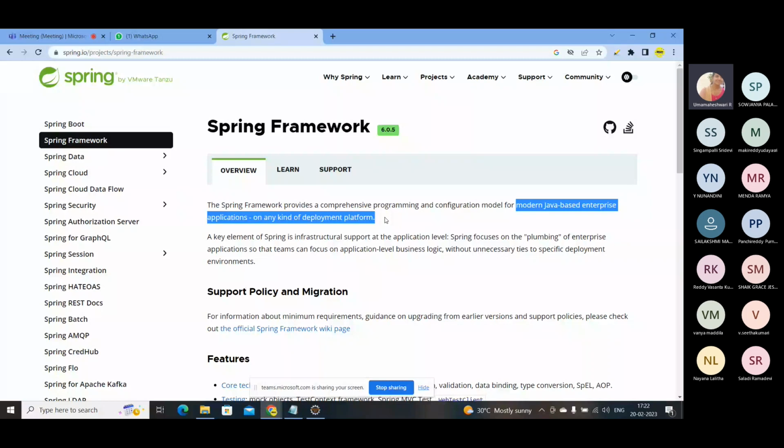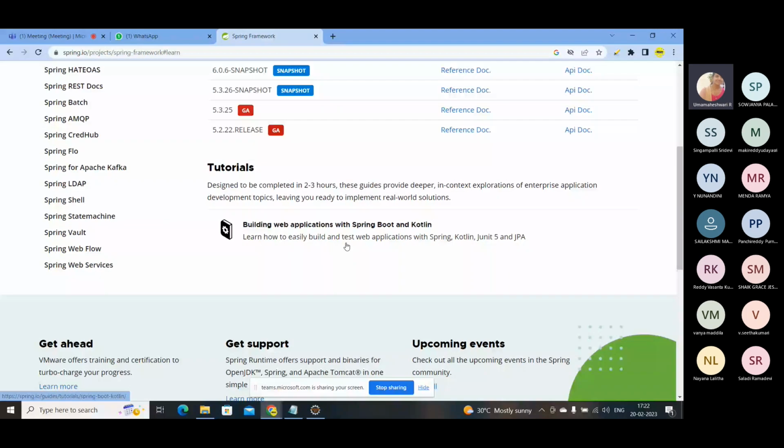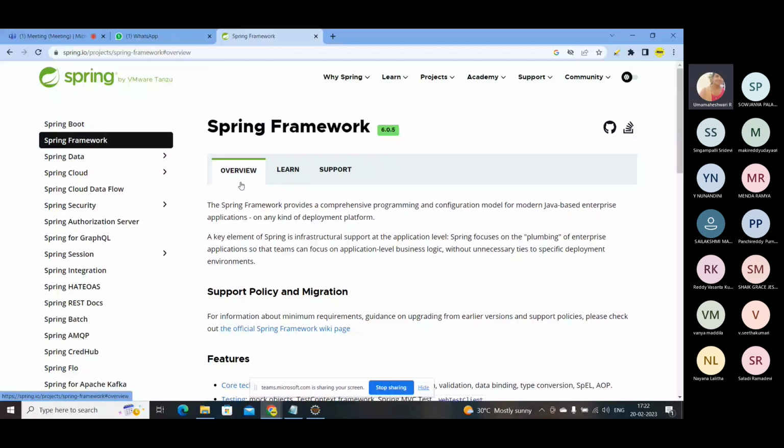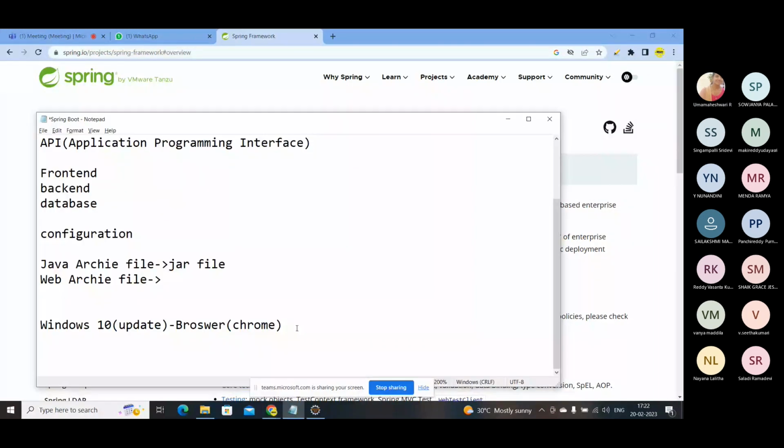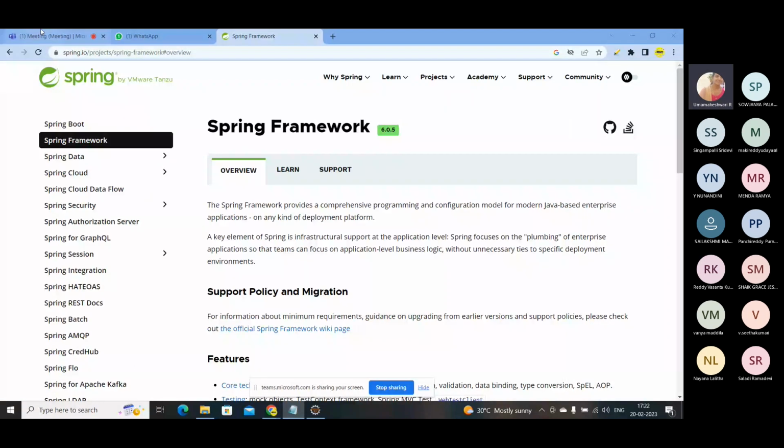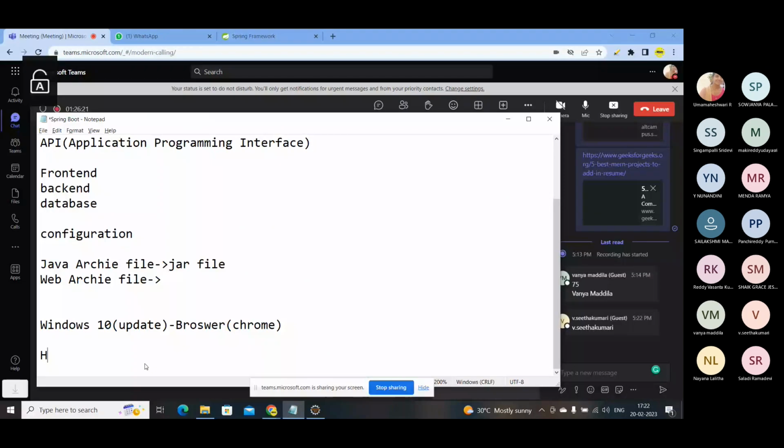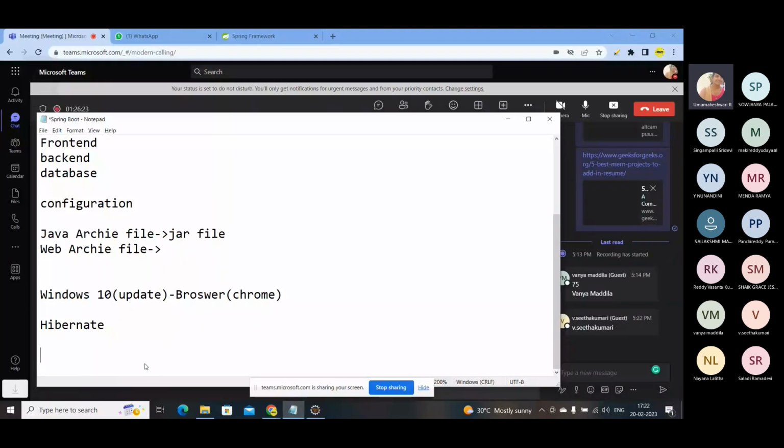yes, the Spring framework will work. And here, they have mentioned what things you are going to make it of. So it is all about the Spring framework and what it will do. And there are also Hibernate and Struts. So what is Hibernate and what is Struts? Hibernate is mostly used for a database. If you go and check the Hibernate